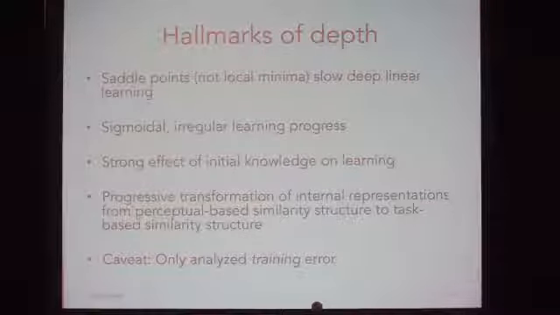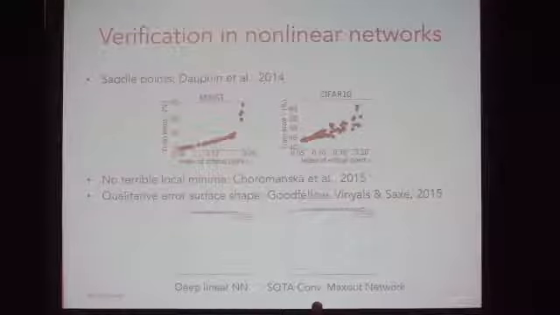And just one caveat while I'm discussing this is that we're only analyzing training error. So there's probably a lot more to be said about generalization error. So that's just where we are now. I just want to mention that I haven't been talking about generalization error anywhere. Okay, so this is a deep linear network. You should ask if it's even remotely similar to what you see in nonlinear networks. I'm not going to talk much about this, but just note that there is recent theoretical work suggesting that the conceptual picture I've just painted for you actually does transfer quite well to the nonlinear networks.